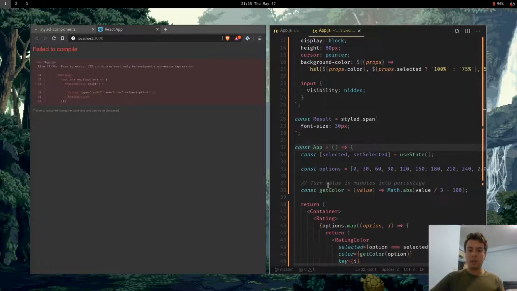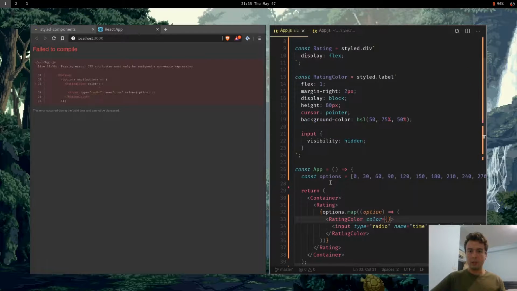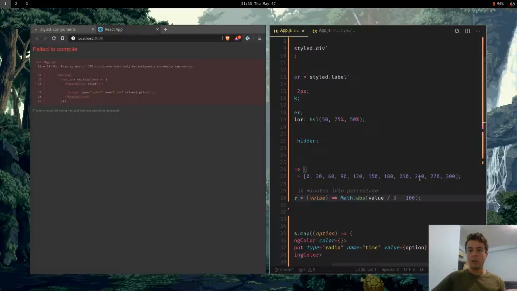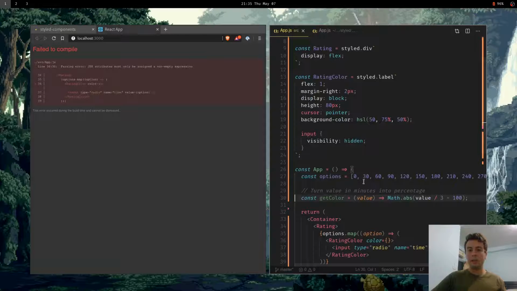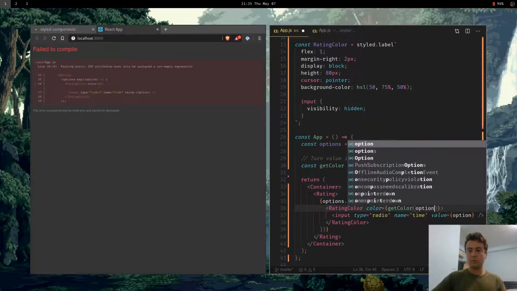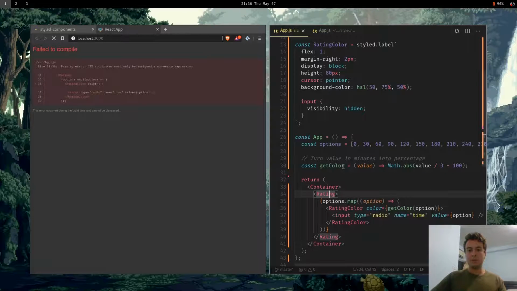So I'm just going to grab this little function, get color. So this is nothing really special. It's just like a little bit of math to turn these numbers into the correct percentage. So 300 should be red, 0 should be green. So this is basically just doing a bunch of math to change that. So I'm going to pass in get color and then pass in the value, so option, and then this function